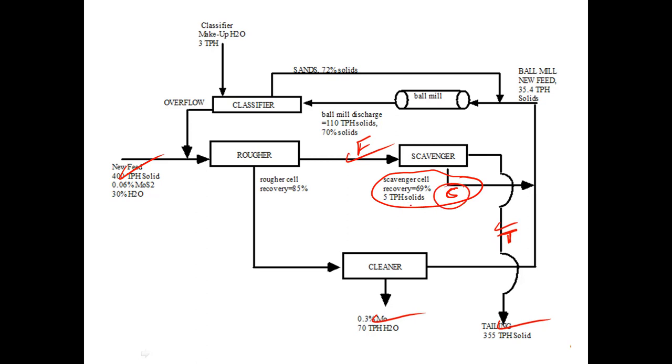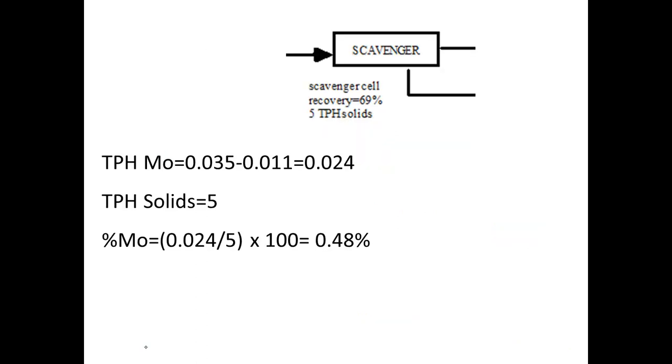Now we want to focus on that scavenger concentrate stream, and we can because we've characterized both the feed and the tailing, we can take the weight of molybdenum in the feed minus the tailing to give us the weight in the concentrate,